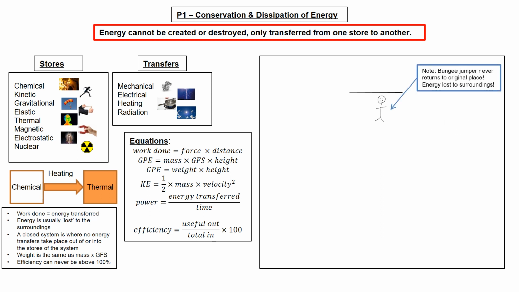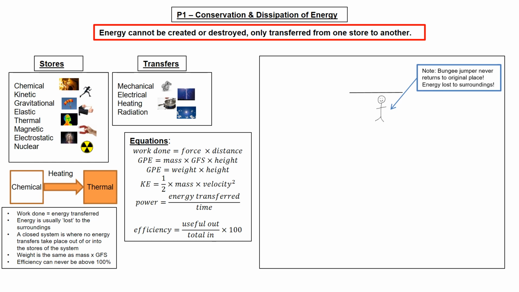Now you'll notice here, the bungee jumper never returns to the original place. So some of the energy has been lost to the surroundings. That energy lost to the surroundings is heating up the elastic band, work against air resistance, that sort of thing. It's nothing to do with them screaming on the way down or anything like that. I had one student a few years ago talk about the bungee jumper maybe eating a sandwich on the way down, or something along those lines. Rather ridiculous things. Ignore that. This is just looking at the simple snapshots that I've just demonstrated.